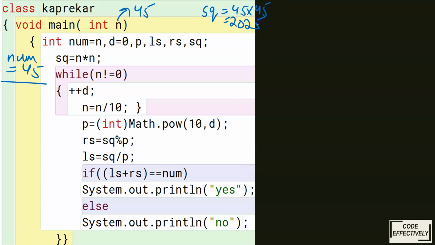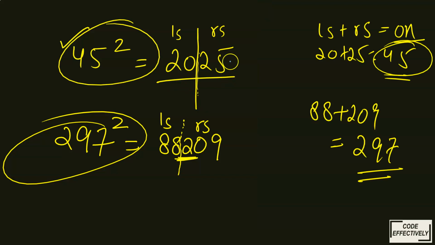Now with 2025, we have to find out whether the given number is a Kaprekar number or not. That's the big deal. So let's start. I have done this line. Now this is a for loop, and this is a while loop that we are using to count the number of digits. Why am I using it? I will explain. The number of digits is 2, so we have to divide it into two equal parts.